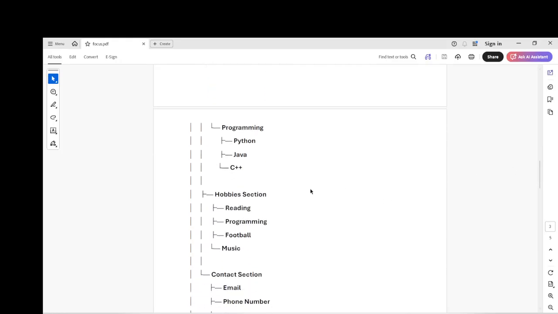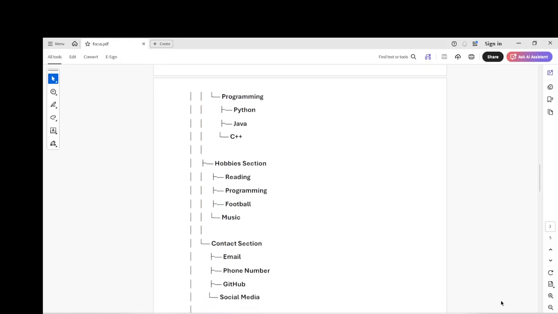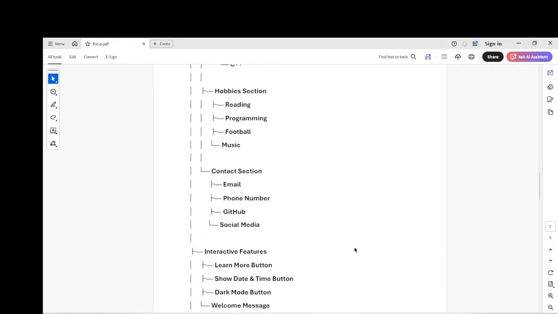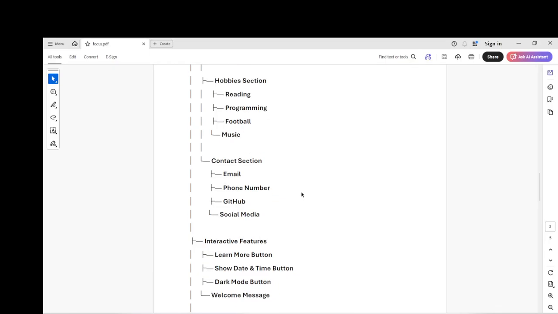And then last but not the least is the hobby section. And these are items that you're reading, programming, football, music; these are items that are hobbies. And these ones are list items. So we are going to see how we can come out with the item structure and do that. And the last section is the contact us. So this is contact us for the last section. All right, so